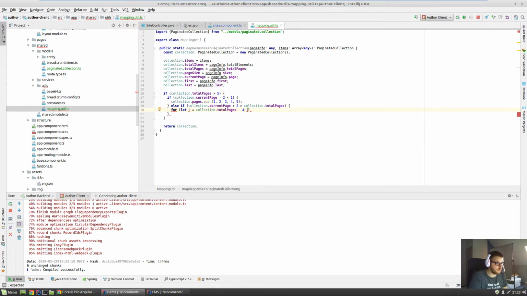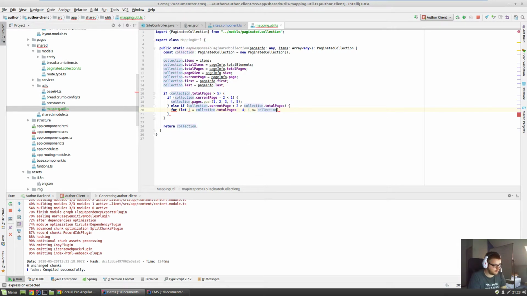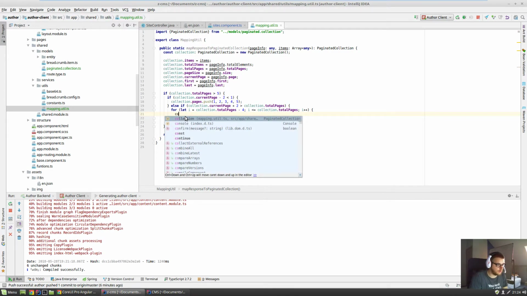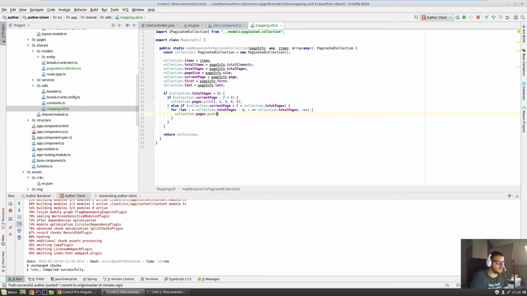Then we want to say i smaller or equal to collection.totalPages, i plus plus. And then we say collection.pages.push, and we want to say i. So we only want the last 5 pages. Else